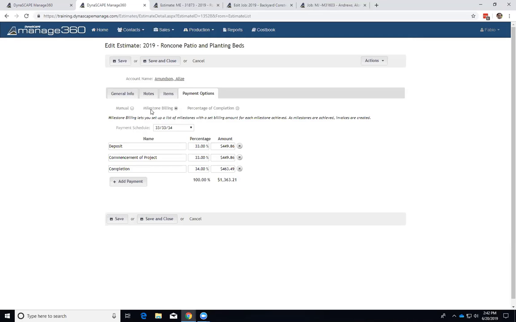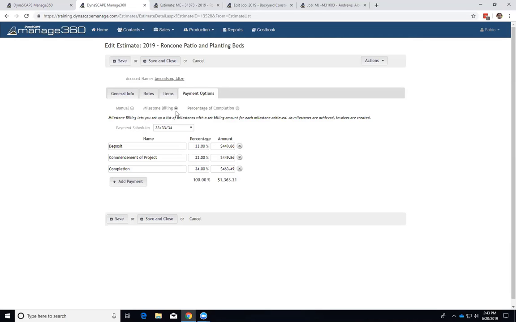There's not going to be a percentage I fill in. It's not going to be a milestone. I just put in the invoices. It's not used very often. It can be used if necessary, but it's typically a lower use item. Most of the time, the vast majority are either a milestone option or a percentage of completion option. Now, they are a little similar. The milestone option allows you to predefine a set of milestones based on percentages,